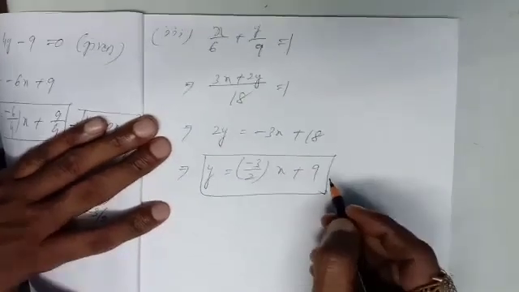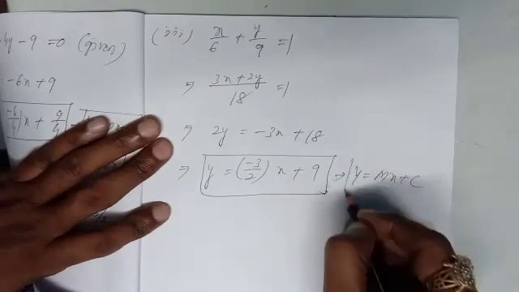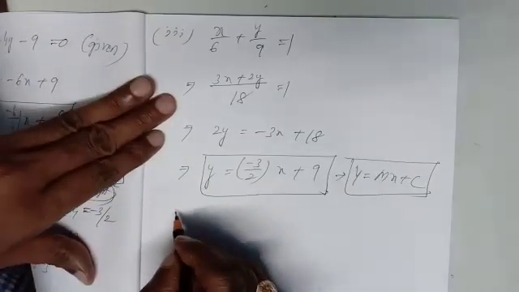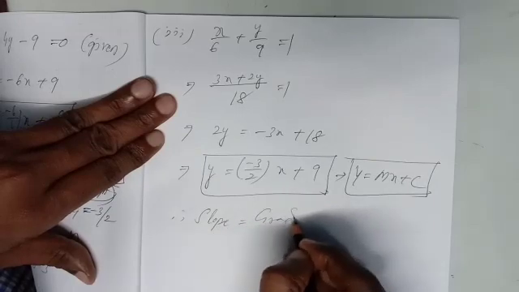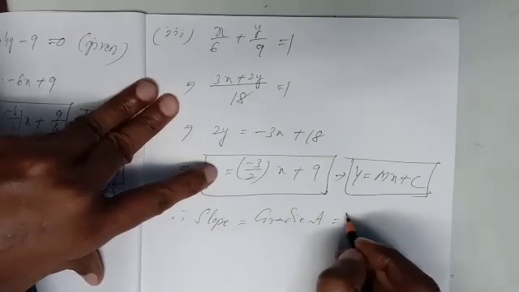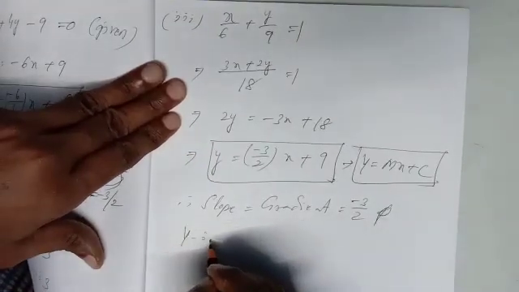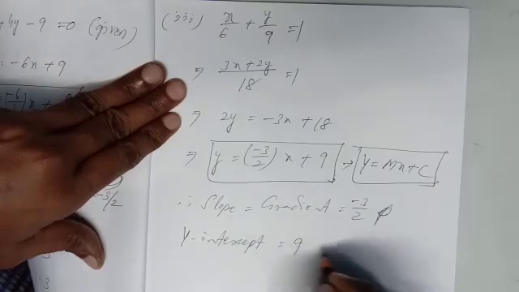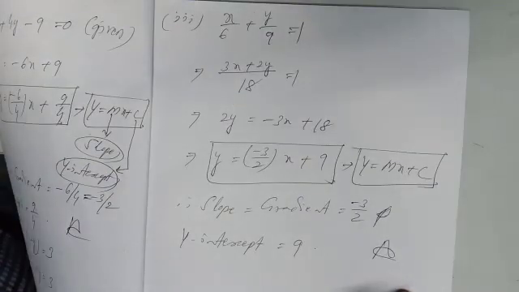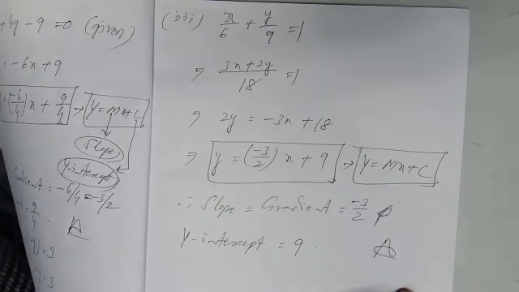Now you compare this equation that you got with y is equal to mx plus c. Now it will be easier to identify the slope of the line. Slope or gradient of the line is equal to minus 3 by 2. And y-intercept, how much did you get? That is 9. Okay. I hope you are able to understand how to find out slope and y-intercept from the given equation of line. In this way, I have completed number 19, 3 questions, and number 12, 3 questions.